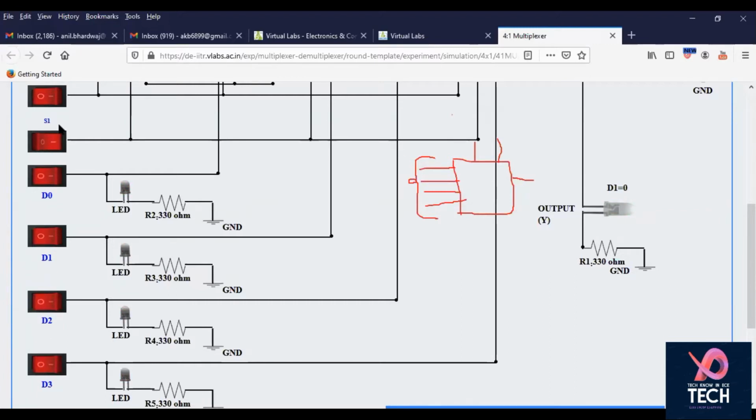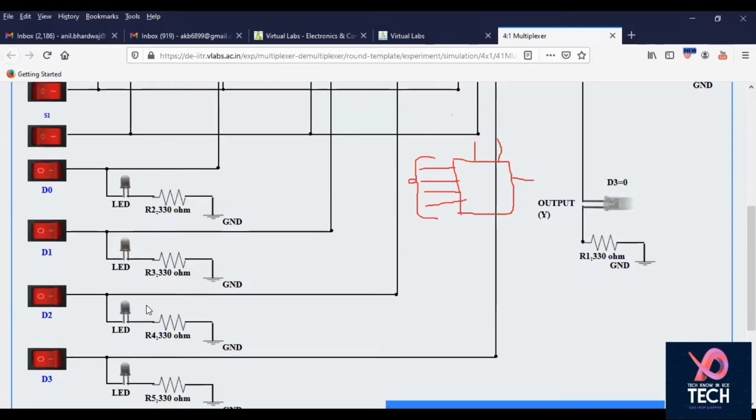Basically, what is happening is that we are selecting the data from input to the output with the help of these selection lines. Here you can see another pin configuration, when both are 1. Both are 1, that means this will be selected and routed to the output. This is high. If this is low, the output is low. And if any of the other data lines are high, there is no effect on the output.